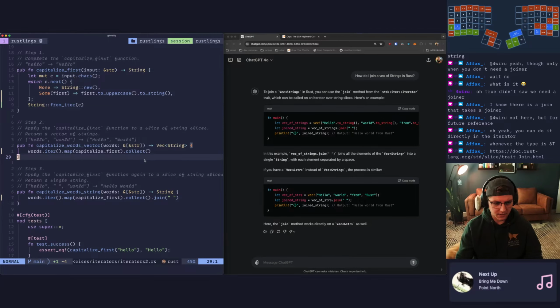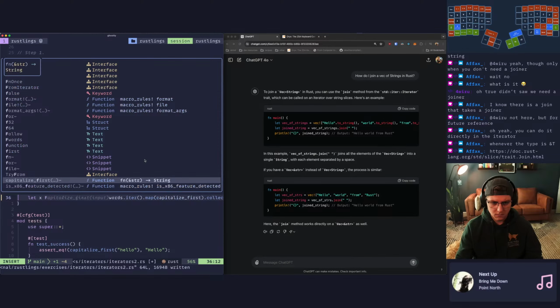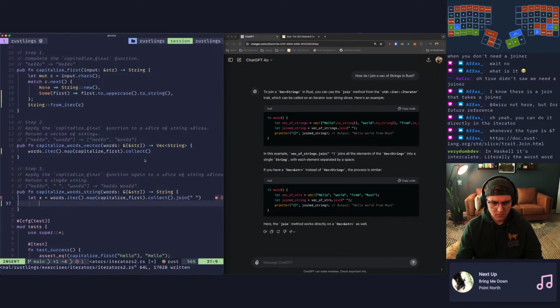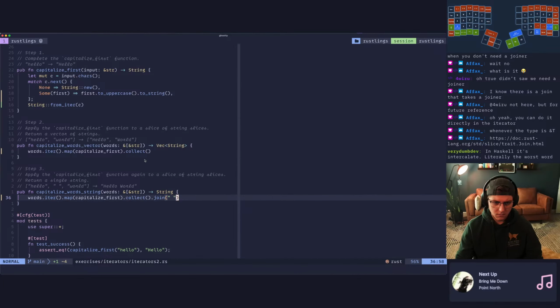That seems right, doesn't it then? Yeah, I just didn't get good autocomplete. I don't know, I must have like some LSP issues. Because that seems like it's happy.